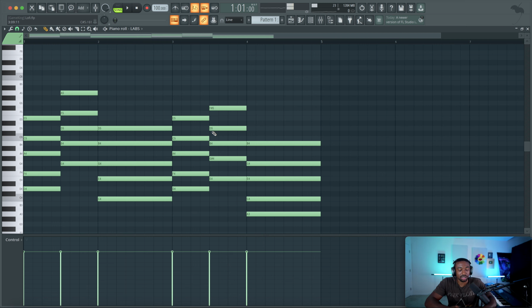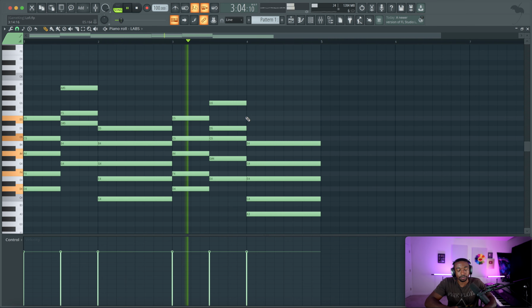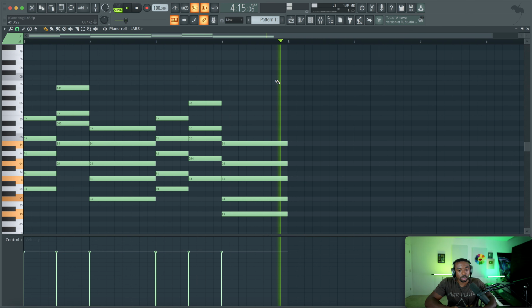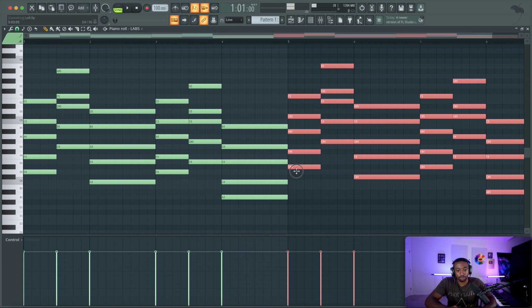Okay, so it sounds kind of like whatever. So we're going to take what's called the fifth and the ninth of each of the dominant chords and pull that up a half step. This is going to create a nice R&B sound. Now, how can we create changes without changing the chords? We can copy this over.